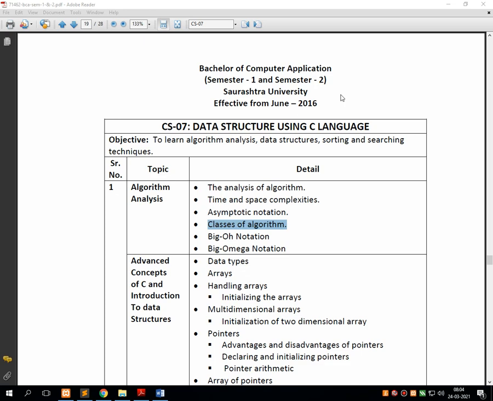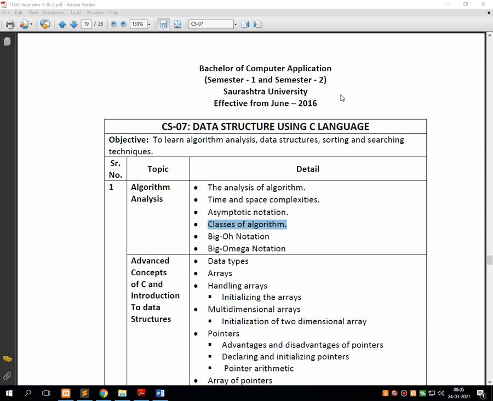and the two complexities which we have to keep in mind while writing an algorithm, that is time and space complexity. Time complexity is related to the execution time of the logical instructions that we have written, and space complexity is related to the unnecessary usage of space while designing the program, which might increase the execution time of the entire program.